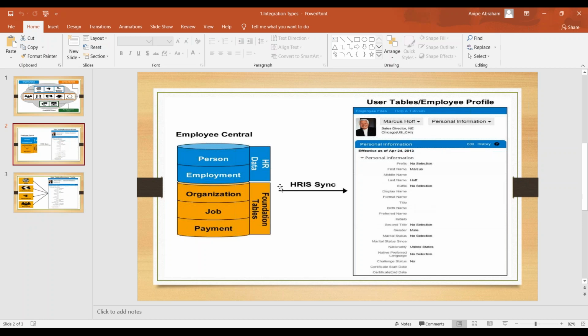With the help of this HRIS sync, you are going to map Employee Central fields to employee profile fields. In Employee Central, let us say first name, and in employee profile, you have a first name. In Employee Central, the first name is there in the personal information portlet. And again, the name of the portlet is also very important.